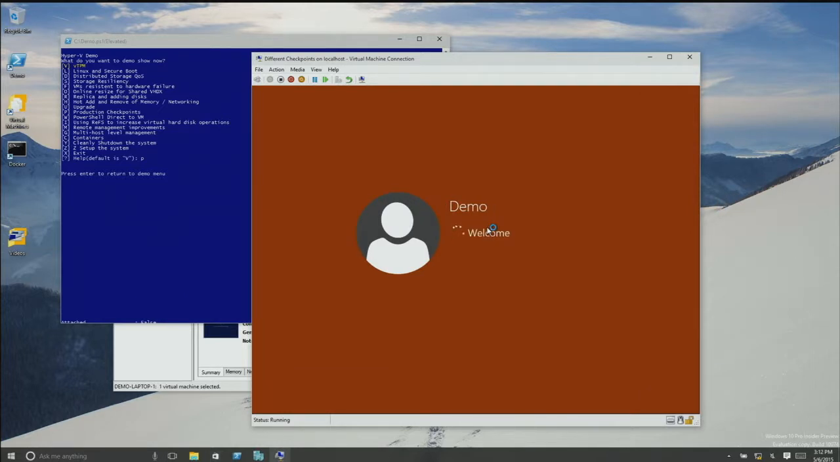So if you think about SQL, if you think about Exchange, if you think about these apps with standard checkpoints, when you do that, they have no idea what's happening. Like, hey, I just went back in time. I've got all this stuff going on. Like, what's happening? Whereas with production checkpoints, when I have those apps, I restore it, they come back and they're